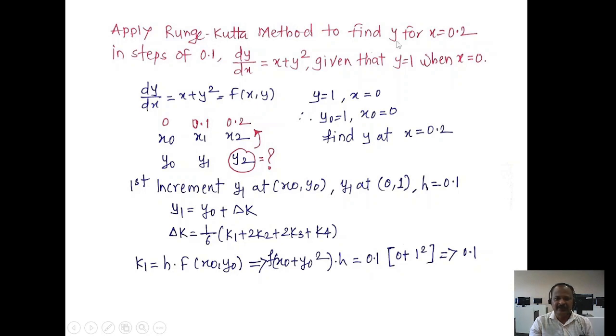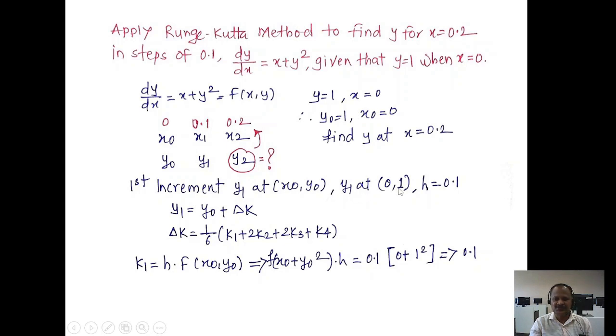We have to find y for x equal to 0.2. Within this, we have to find y1 for point 1, x1, and y2 at point 2, x2. So for this example, we have to do two iterations. First, find the value of y1, then find the value of y2. Now the first iteration, for y1 at x0 comma y0,